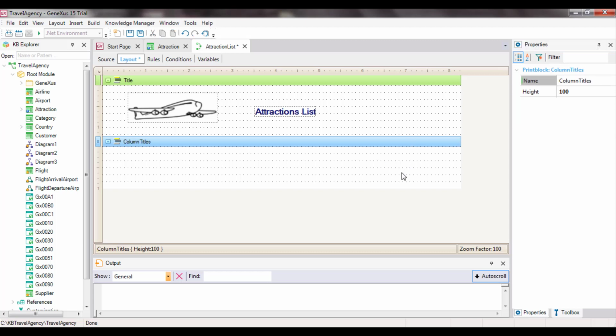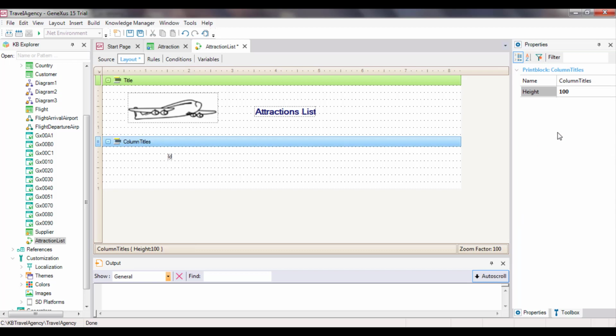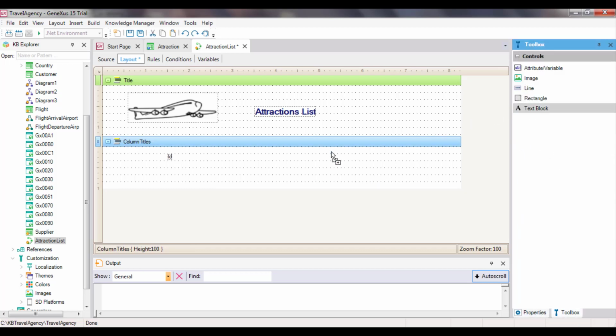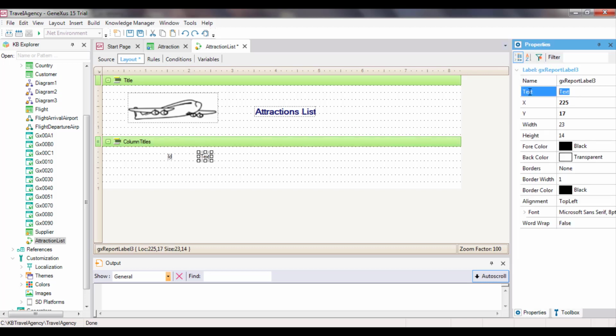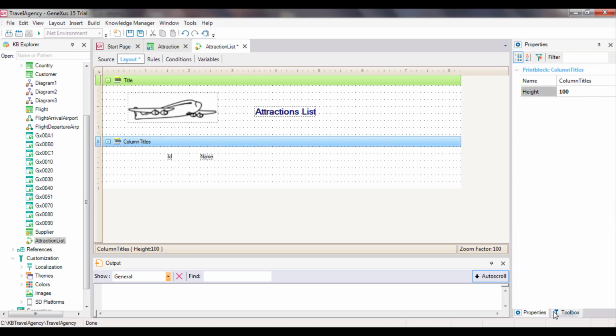And in this new print block, we will insert a text block for every text that we want to show as column title. To do so, from the toolbox, we drag the text block. In its text property, we type ID. We add another text block, and in its text property, we enter the text name.